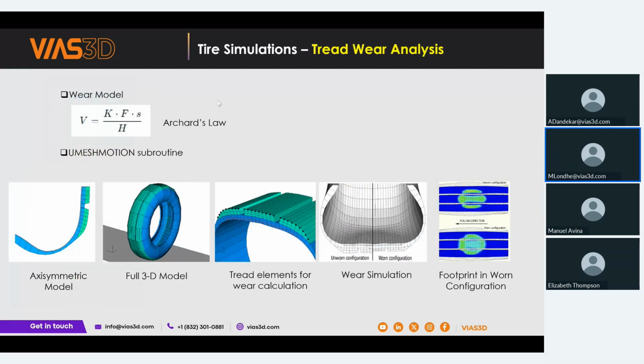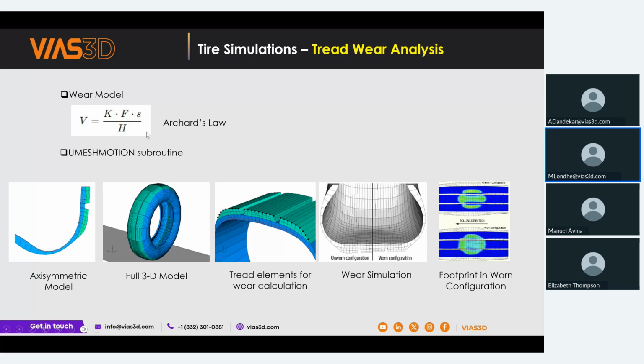The wear analysis is again one of the important ones, because to define the life of the tire, wear analysis is very important in the tire industry. In the tire simulation, the three initial steps are very similar to the steady state rolling analysis. You take the axisymmetric model, inflate it, do the simulations, and transfer the stress and results to the full three-dimensional model. Then on the full three-dimensional model you can calculate in steady state rolling analysis, like stress, slip rate, and frictional energy.